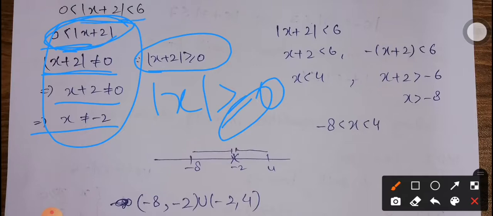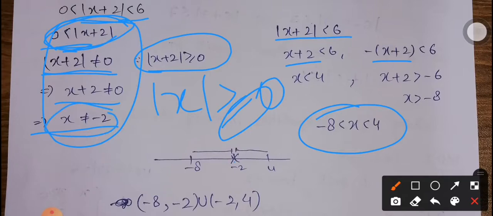Now the second inequality is going to be |x + 2| is less than 6, and we have solved it earlier, that we have to take it one time positive, one time negative, and here is my answer, -8 to 4. But along with this condition we have to remove -2. It means my interval is going to break in two parts, -8 to -2, then -2 to 4. And remember that we have to take this bracket to be open, because if you close the bracket at any one point, it means you are including -2, but this will be a false one, because we have to exclude -2.